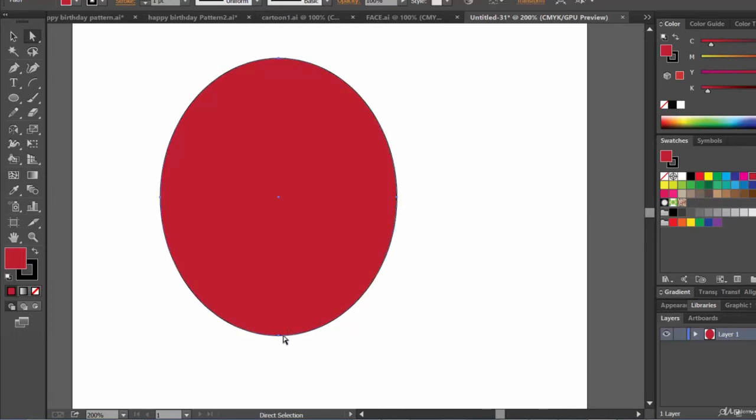See, you can see 4 anchor points by which this circle is made. Now let's click on an anchor point using the direct selection tool. See, there is an anchor handle. Now you can even play with this handle. Now what is this handle? See what is happening.